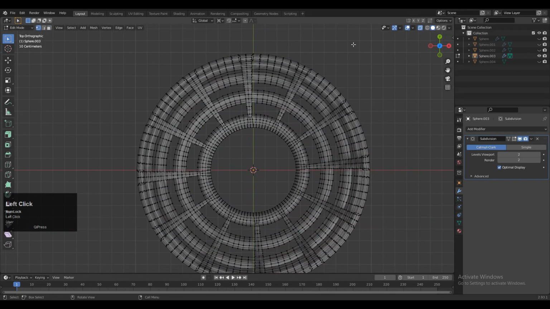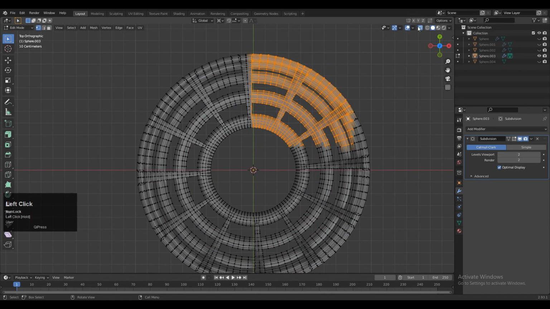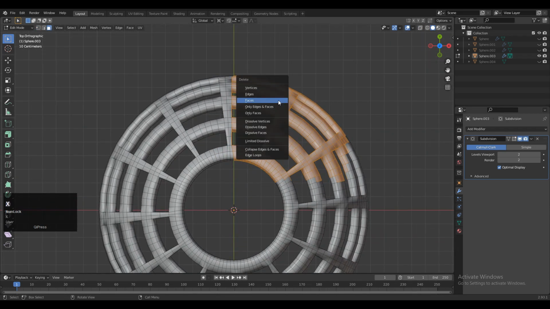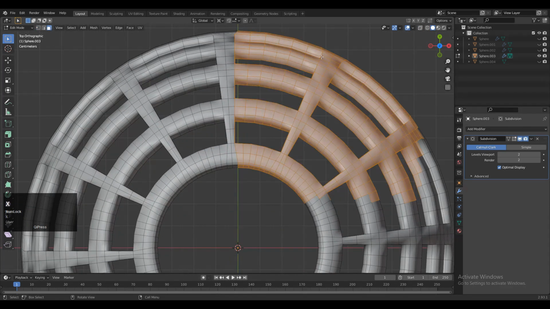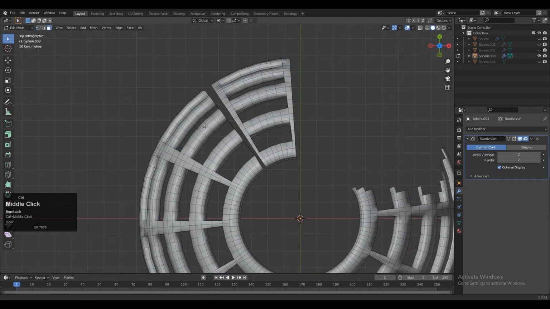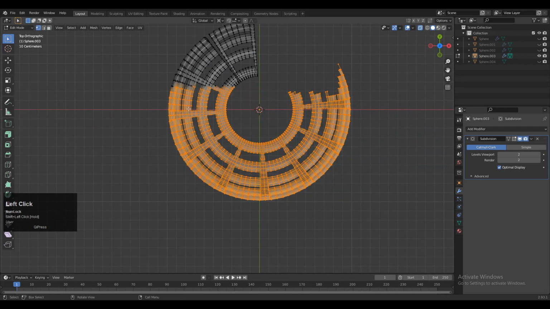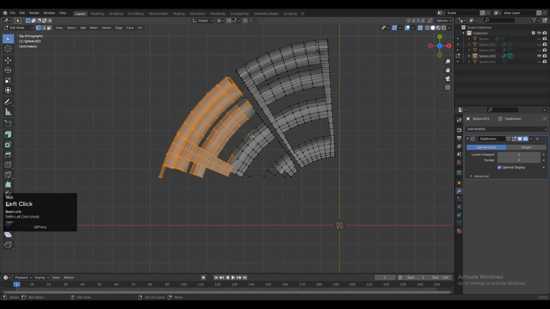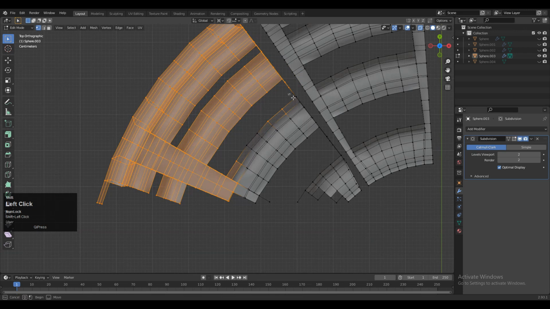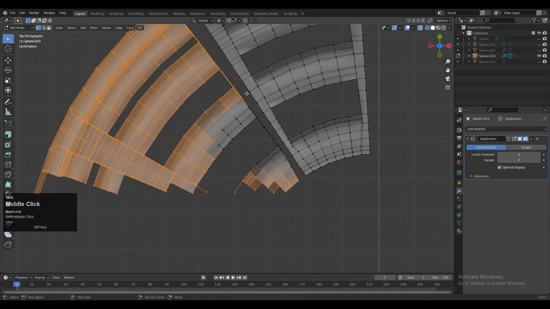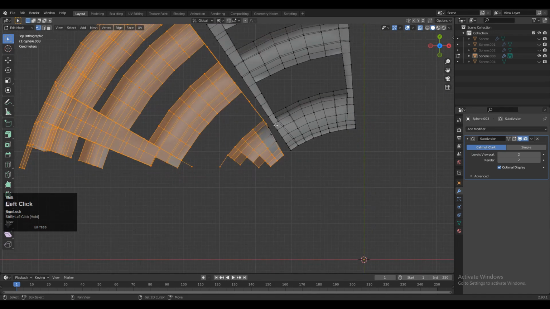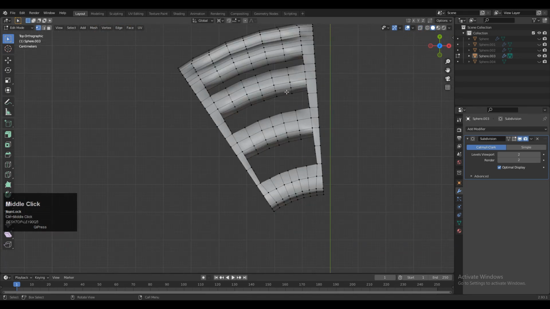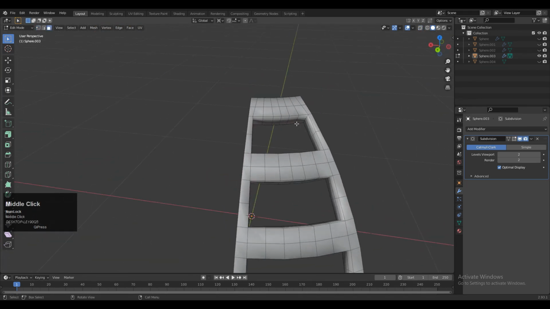And now we need to add more details on it, meaning more loop cuts. So that's why you need to delete these faces. You can use the X-ray mode and delete these faces. You can use the cross selection or you can use increase selection with the Ctrl+. So you will get this part of the model and just add a few loop cuts here. With the insert operation you can do that.